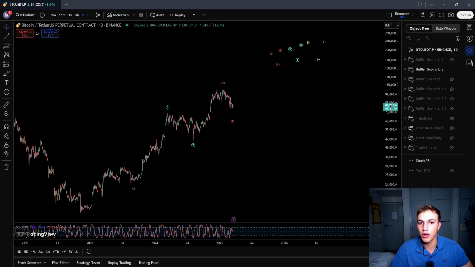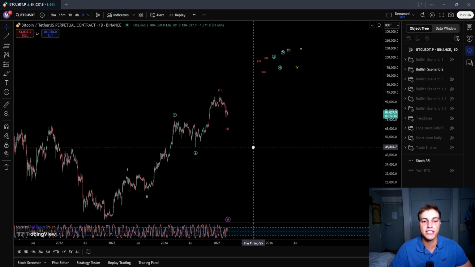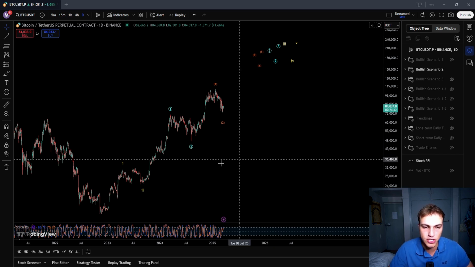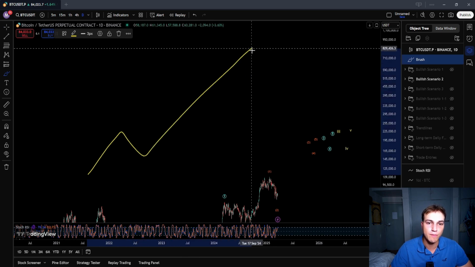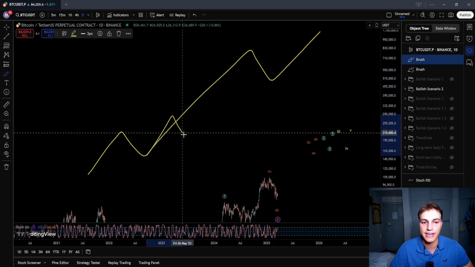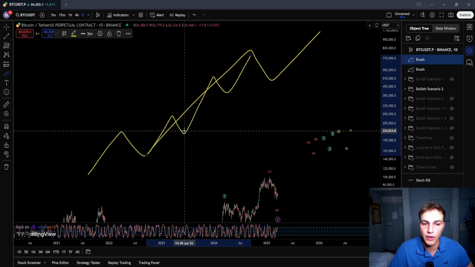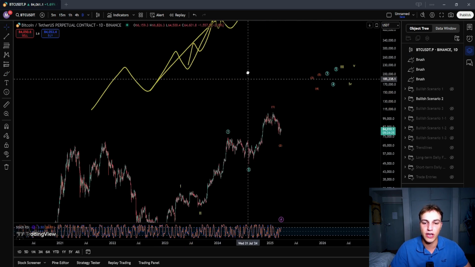The second scenario is the most bullish scenario. The most bullish scenario means we are in a multi 1-2. It doesn't get more bullish than this. This means that we have created a 1-2 massive 3, 4, 5. Inside this, we have another 1, 2, 3, 4, 5. And inside this third wave, we have another 1, 2, 3, 4, 5. This would mean that we are in a